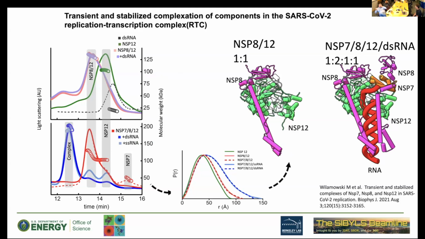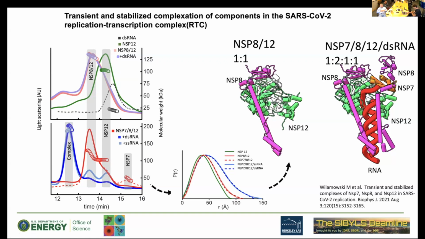And what I want to show here, by just a simple look at the elution, we already see that there is some complexation when you put NSP7, 8, and 12 and RNA together, then the complex is forming, versus when you have just the proteins, the non-structural proteins 7, 8, and 12, they show some transient behavior with probably some partial complexation versus free states. As you can see here, the 7 is eluting last. It's a smaller protein, versus 12, which is the RNA